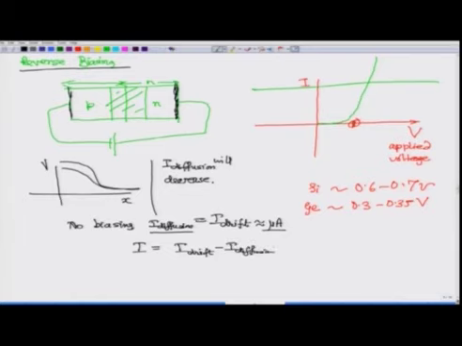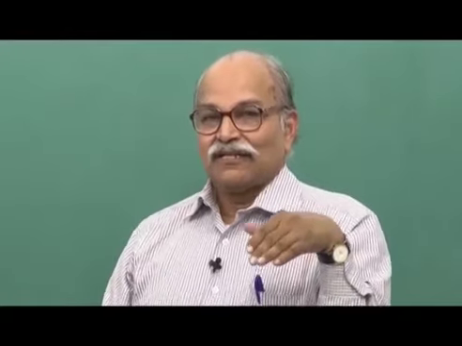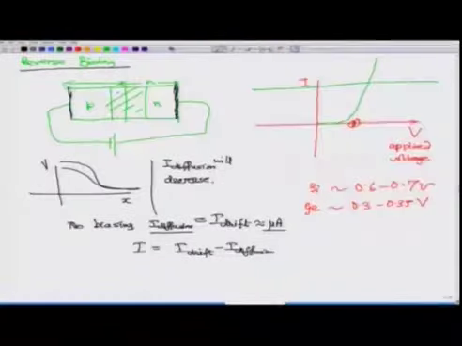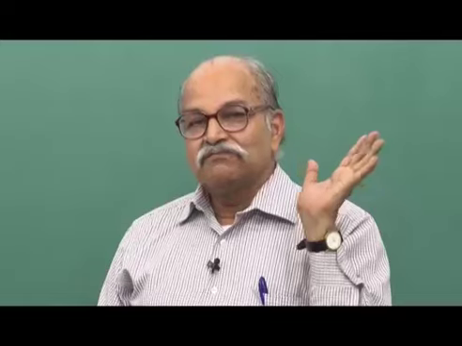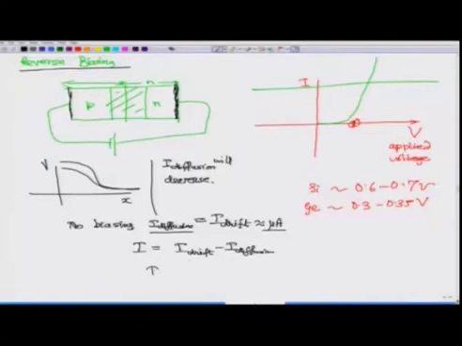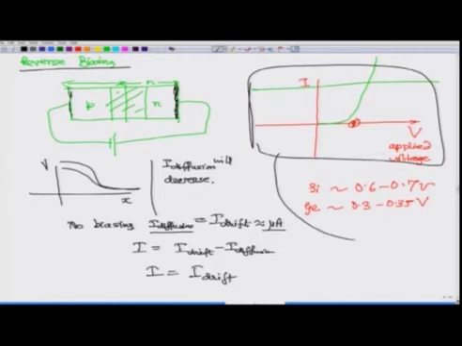I diffusion will go on decreasing, starting from a magnitude equal to I drift, continuously decreasing as you increase the potential barrier more and more, and at a certain stage the diffusion current will become almost insignificant, and your final I will be I drift. So, if I plot that part also on this diagram, this is known as the VI diagram or VI characteristic. So, if I plot this reverse bias also on this VI characteristic,